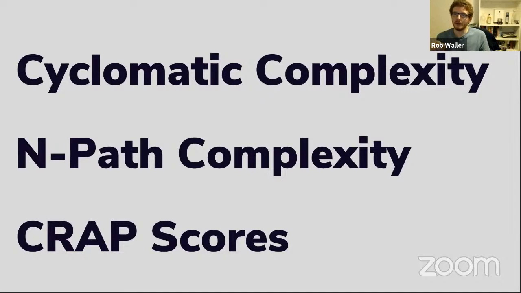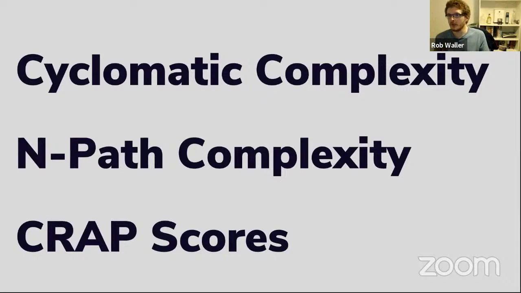And they give you an idea of whether, given how complex your code is, you have enough tests. The more complex the code is, the more tests you'll need, because you'll have more paths through the code that need to be tested, essentially. So if you can keep your CRAP scores low, it means that you've got well-covered code, basically. CRAP scores you'll find in PHPUnit, which I'll talk about in a moment.